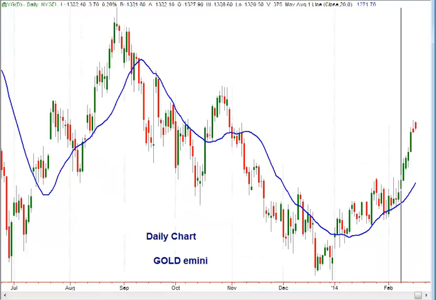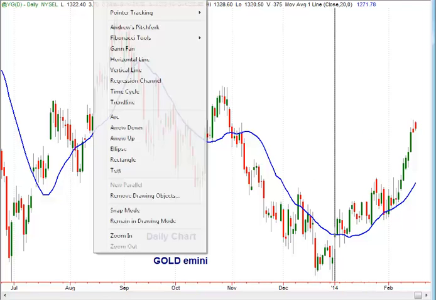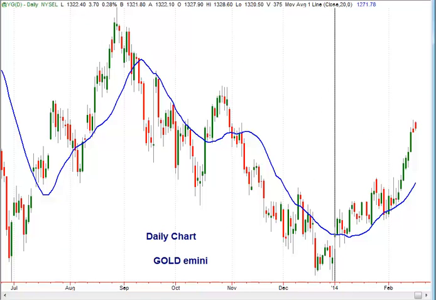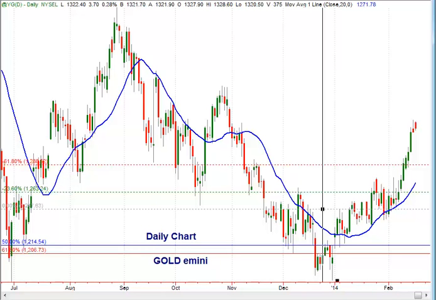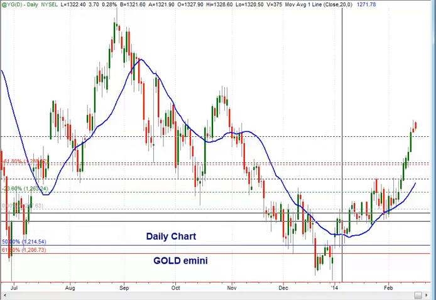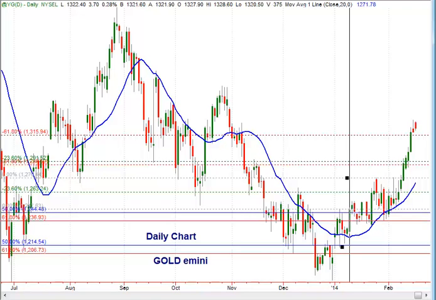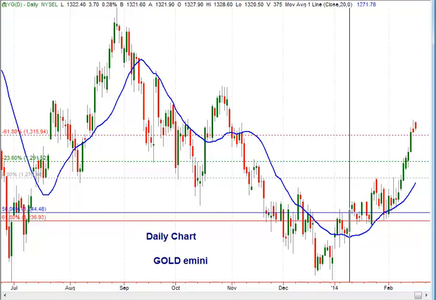Moving to the gold mini future, we know that we had a nice sequence here. Congratulations to those who went long. So we had the first measured move 1214, support target 1263, and then market retraced and never failed the stop in the next measured move here. So entry at 1244 with a stop at 1235 would have been rewarded with more than 6 reward to risk trade here. And at the moment we see that market